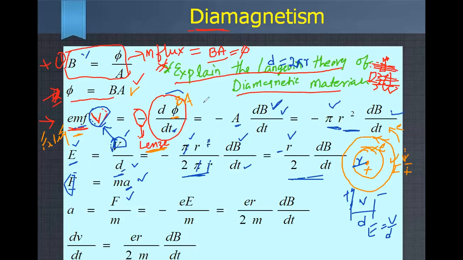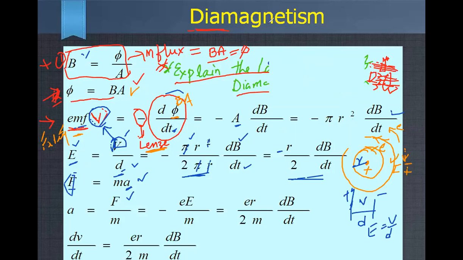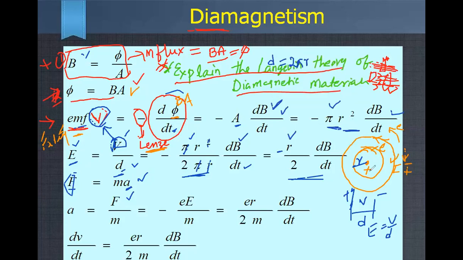You have to substitute. Okay, that's correct. Then F is equal to ma. So the force also we have to calculate, because remember guys, when an electron is revolving around the circular orbit, definitely there is a kind of force, right? Otherwise it would collapse into the nucleus or go outside of the orbit.